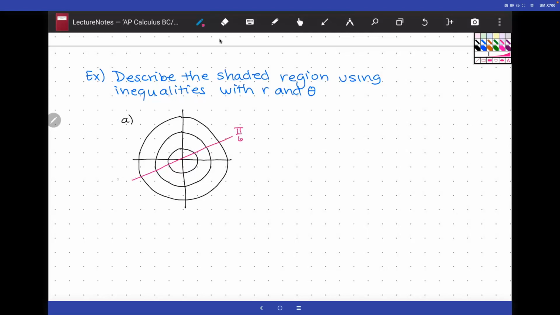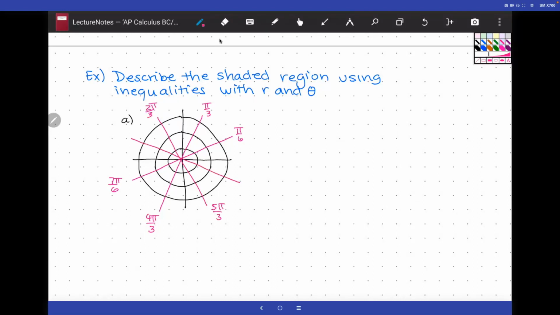This angle is pi over 6, so this one over here is 7 pi over 6. This guy's pi over 3. 2 pi over 3, 4 pi over 3. Then we have 5 pi over 3,